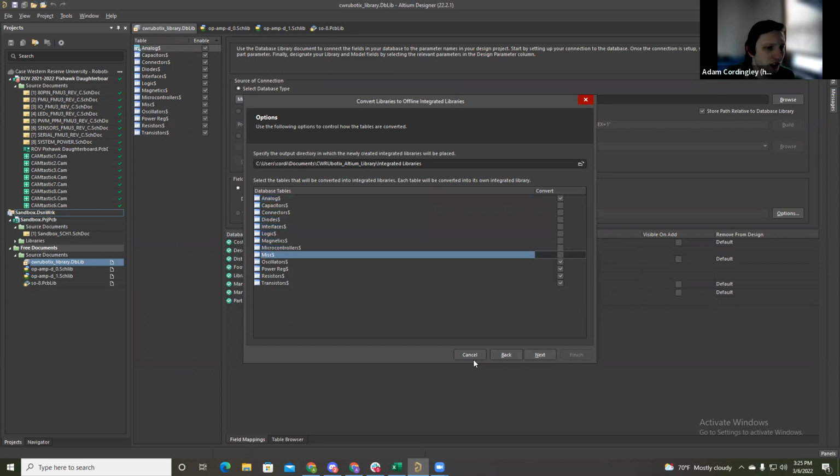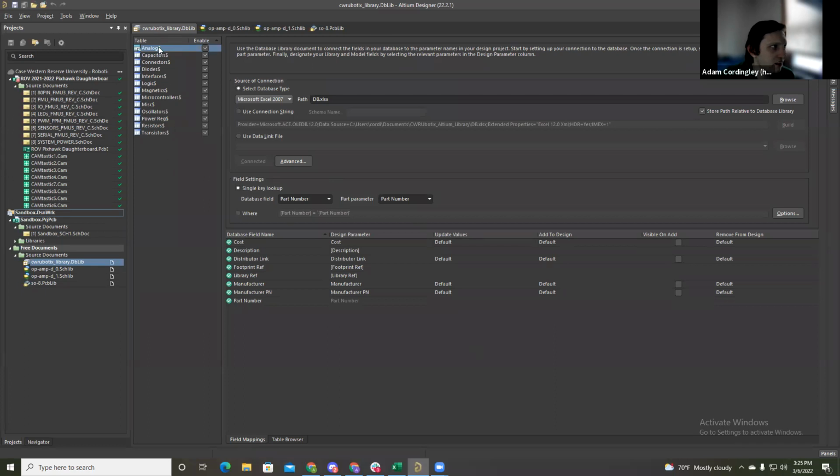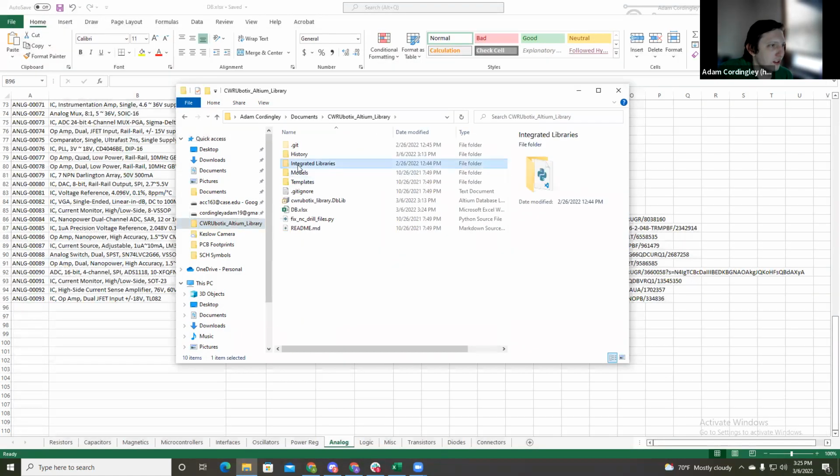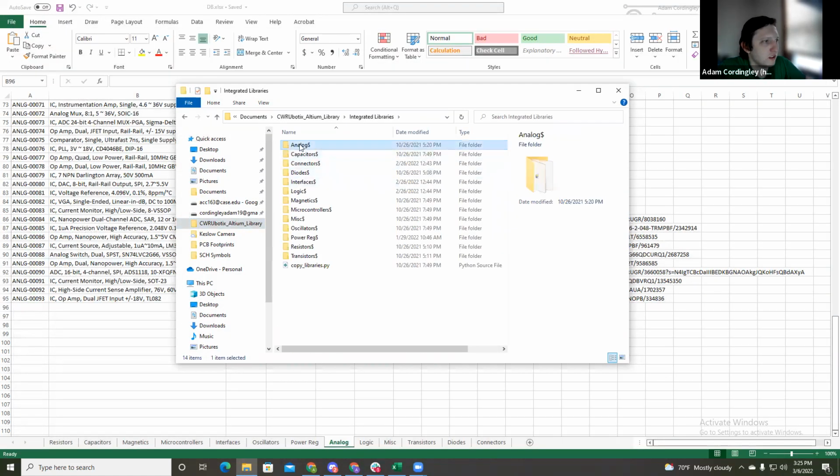However, before we do this, we have to actually go into our file system and delete that table, or that integrated library. I don't know if there's a way around this, like in some settings. But that's the most annoying part, because you actually have to close Altium and then open your file system and delete this whole folder,